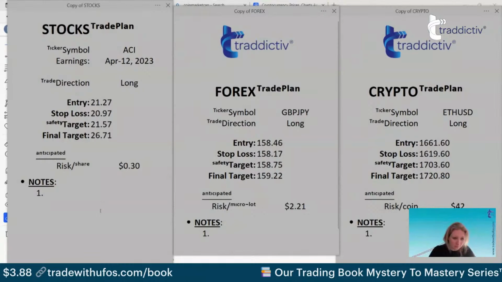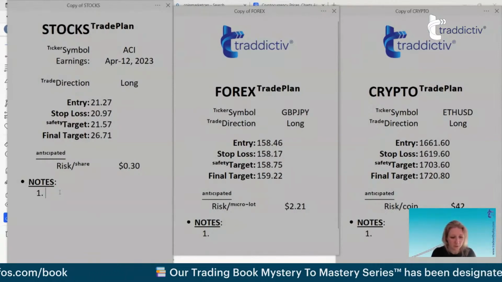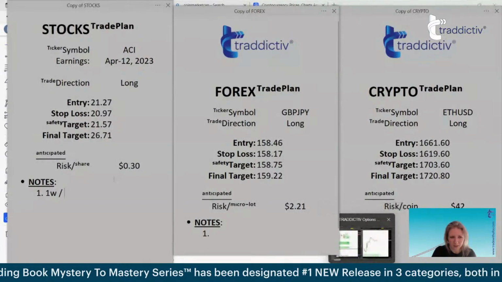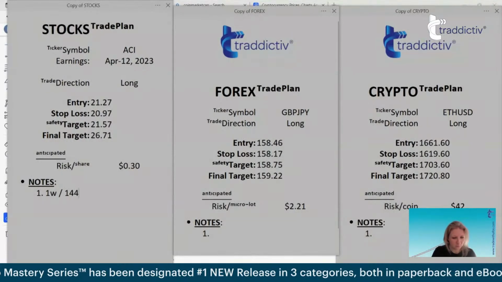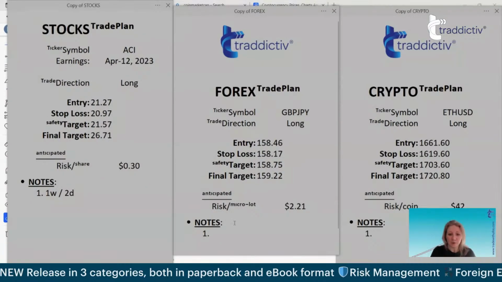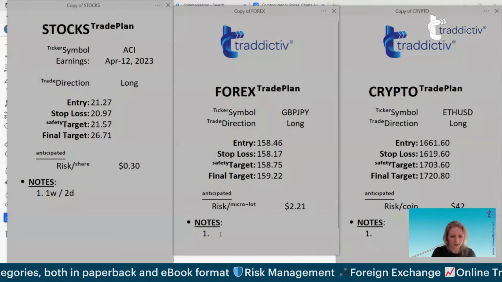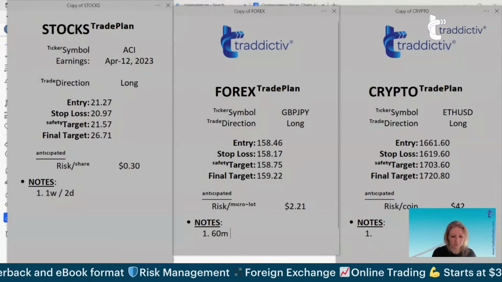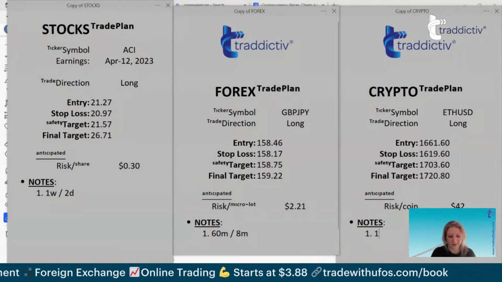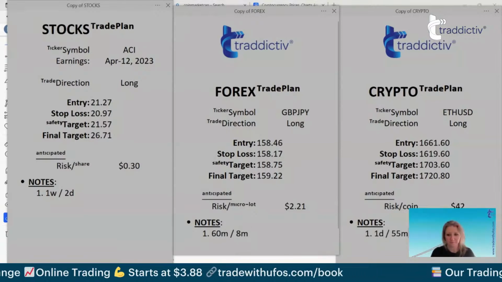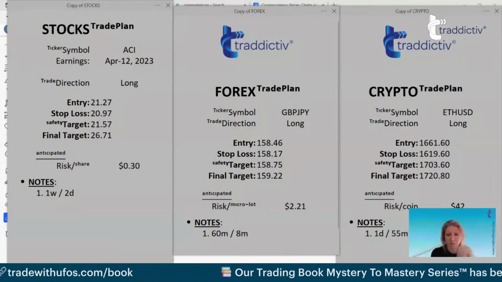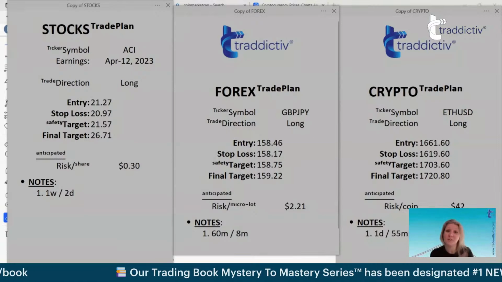The stocks one, I'm just going to put down here. This was a 1 week, and I believe it was a 144. It's 2 day, I believe. 1 week, 2 day. On the Forex one, we looked at a 60-minute and then an 8-minute. And then on the crypto one, we looked at a 1 day and then a 55-minute chart. So we've looked at 3 different asset classes, 3 different sets of time frames, but pretty much the exact same